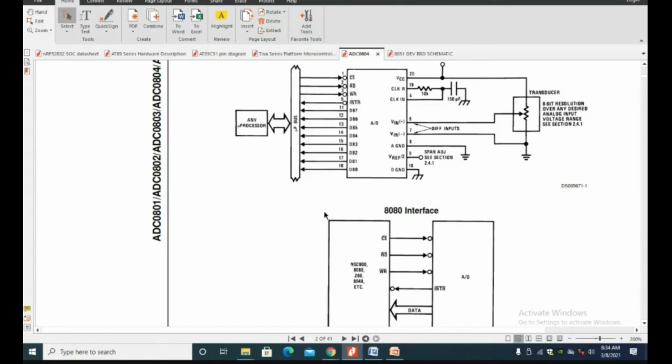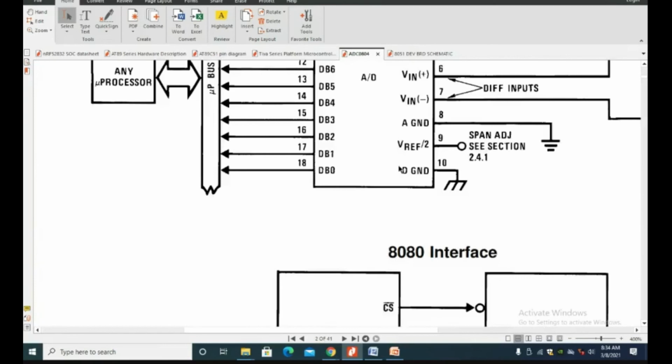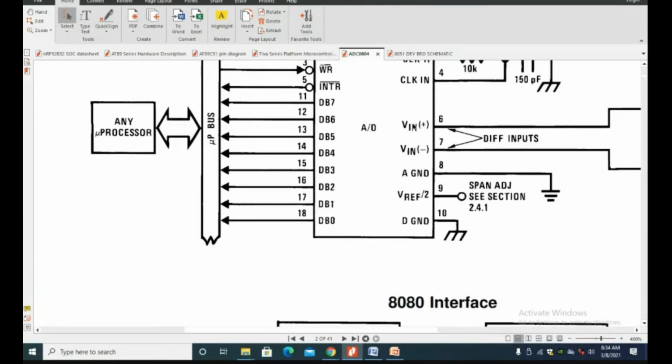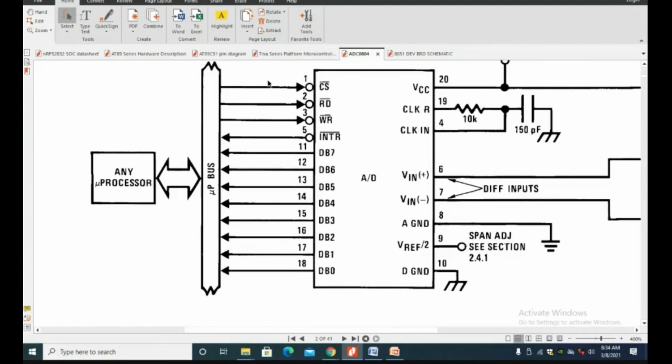So the range of the analog signal is determined by V reference plus and V reference minus with respect to the ADC. That we have also discussed very clearly. So V reference plus, the analog input and the start of conversion sequence are the 3 primary requirements for an ADC.